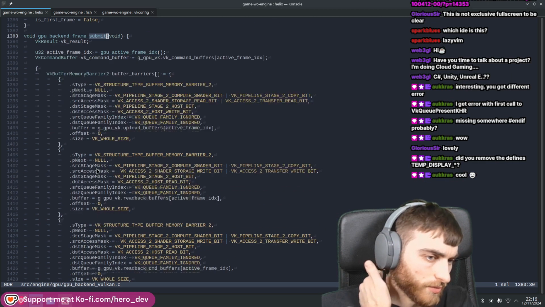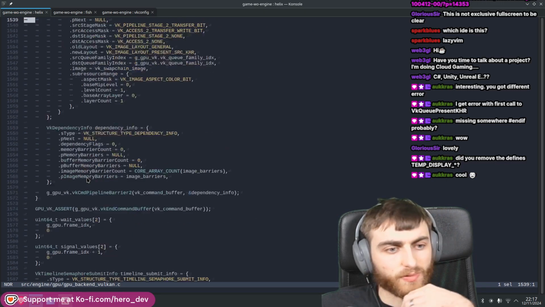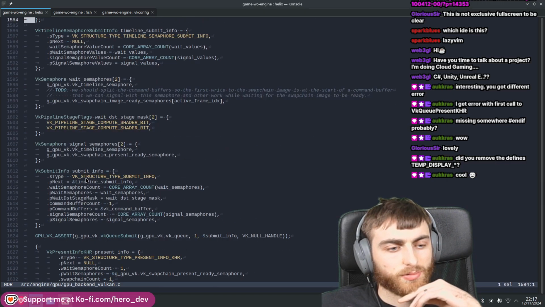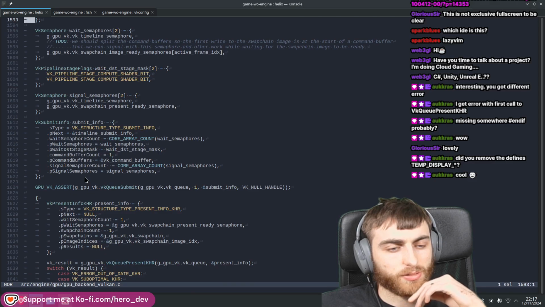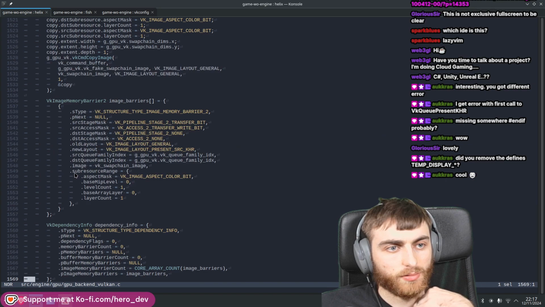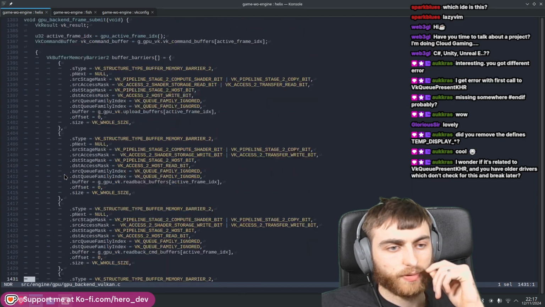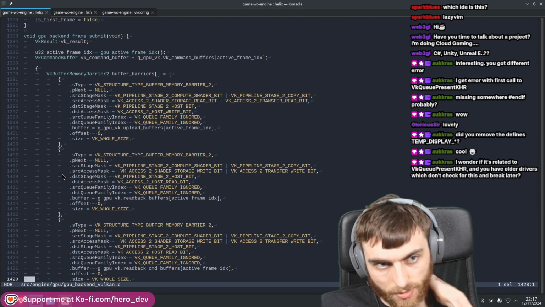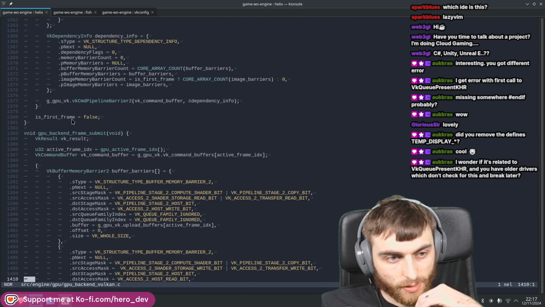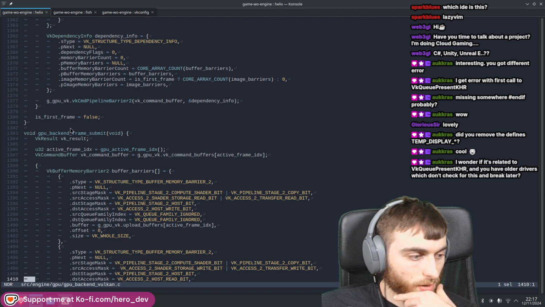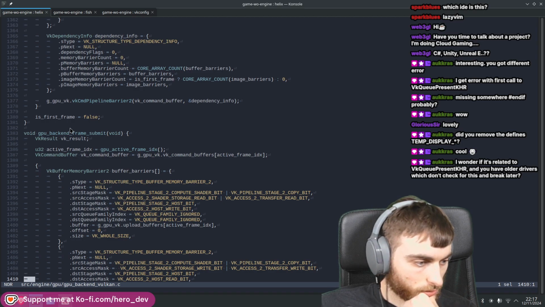So in a submit, I was thinking we could break this apart a bit, but you can't. Yeah, so we'll have something where we know it's the first frame, and then we'll just basically not do the present, and I think that will stop the problem. When it's related to the key present, and you have older drivers,